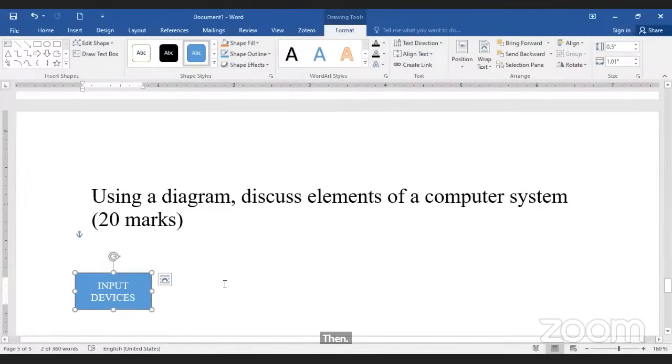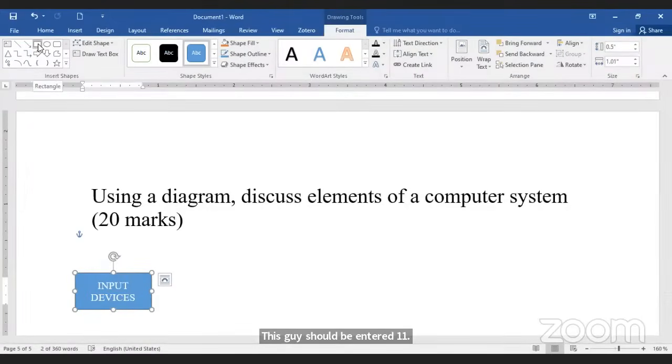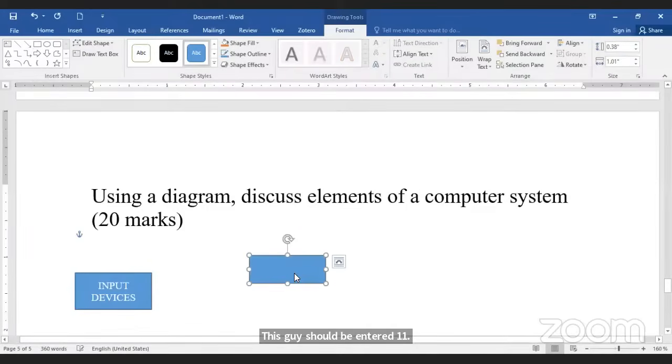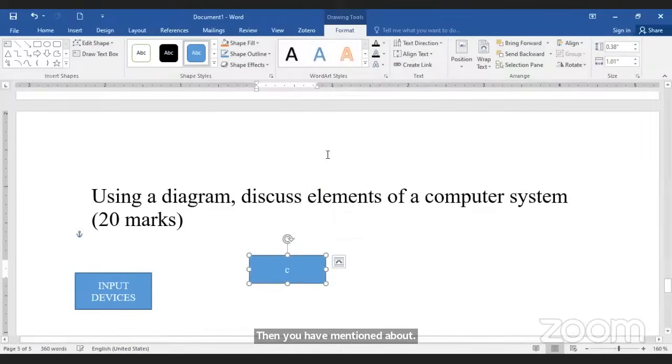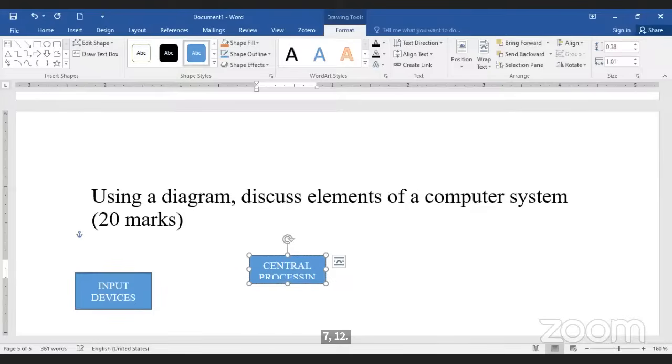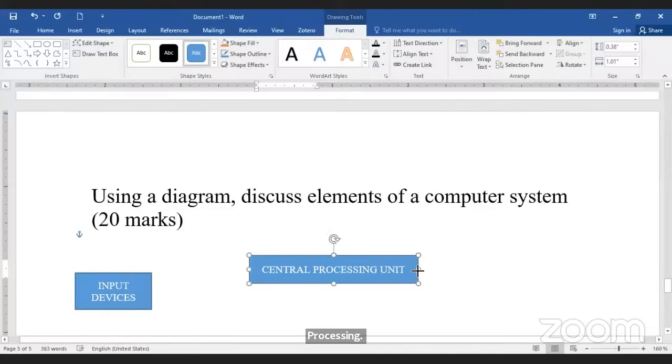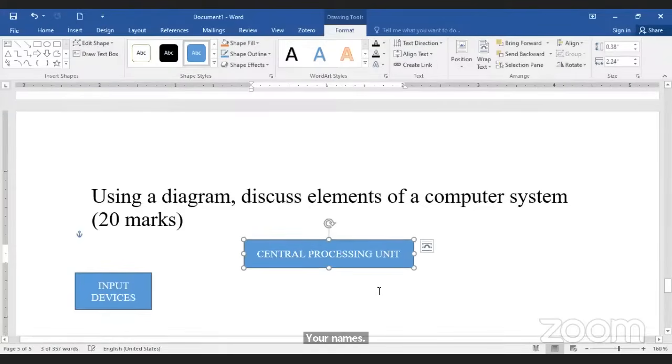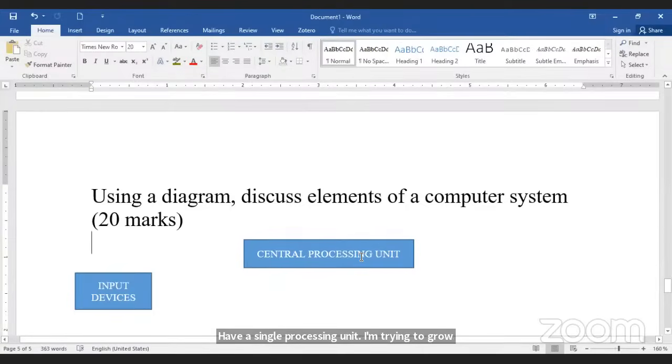This class should end at 11. Then we have mentioned the central processing unit, right? Central processing unit. Then under the central processing unit,